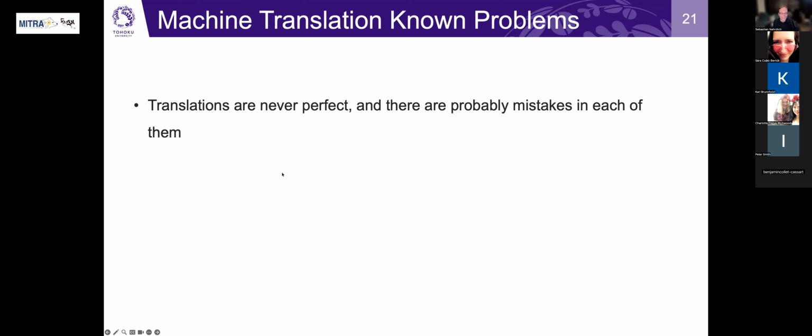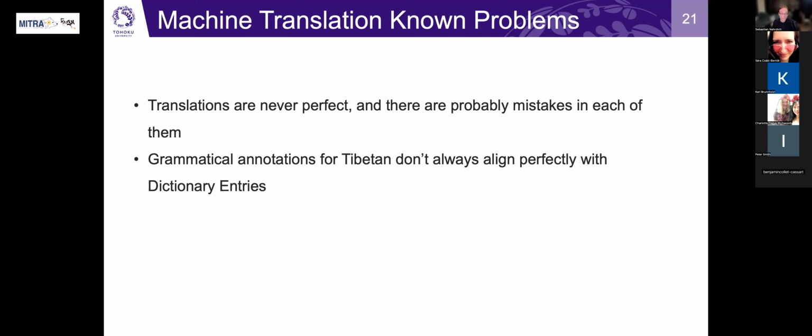In my experience, it has not happened yet that Dharmamitra produced something absolutely perfect, but this is just something to be aware of. This is a system that has known weaknesses. As we mentioned before, the Tibetan grammatical annotations don't always align perfectly with dictionary entries, and a dedicated segmentation engine here would be really great, and hopefully that will come in the future.